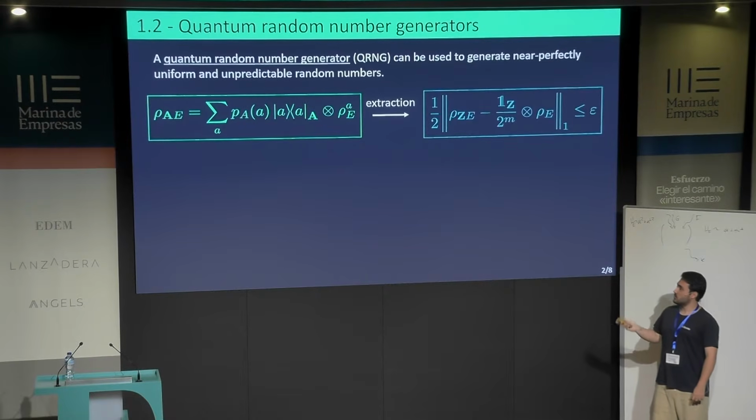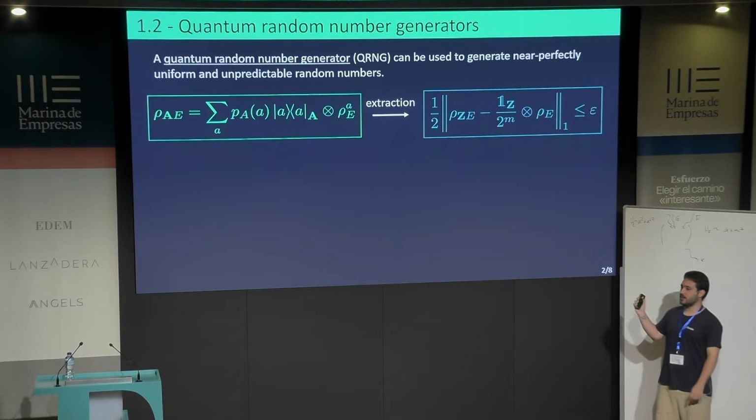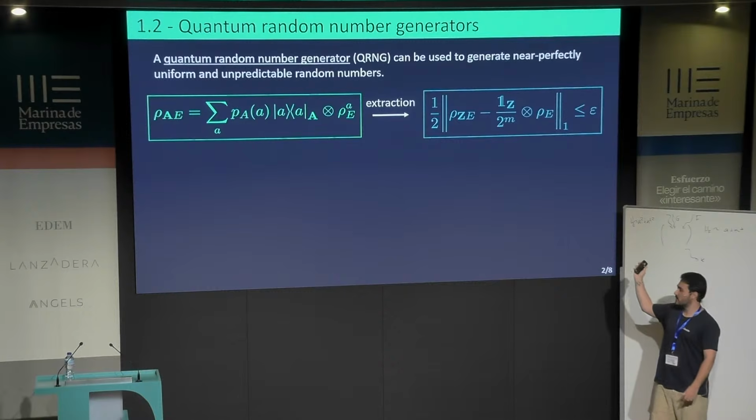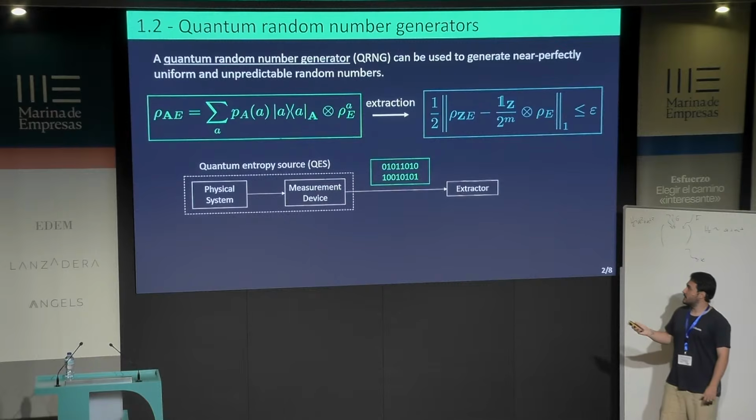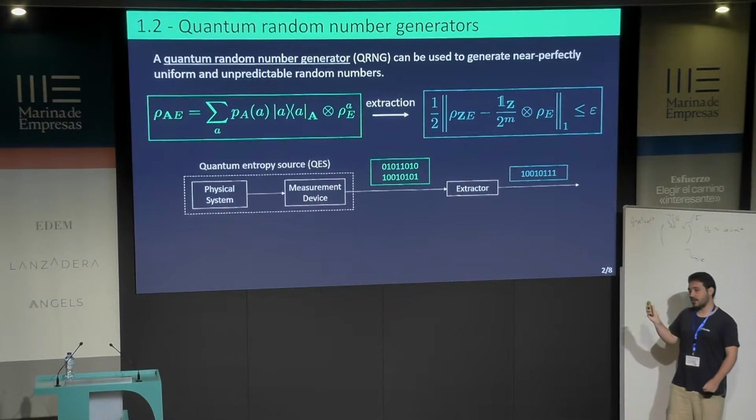And then after some post-processing called extraction, we will get a shorter sequence of bits that will be epsilon close to being the perfect sequence described by this quantum state that I mentioned before. And diagrammatically, a QRNG looks like this. We have one element that's the quantum entropy source containing the quantum system and the measurement device that measures its behavior. That outputs the raw sequence of bits